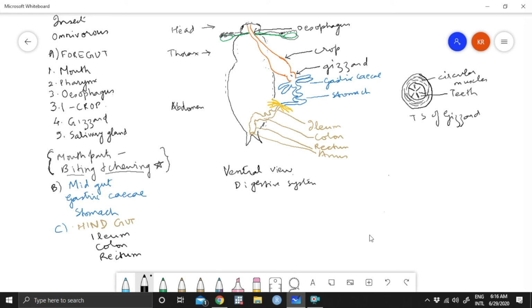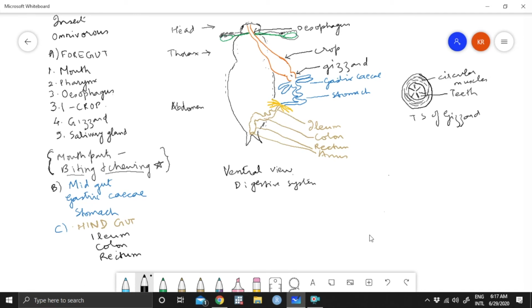How does that happen? Because inside this there are 6 teeth and there are circular muscles. It's a short organ but a very important organ. Because of the muscular action, food gets ground into paste. Sometimes the food can go from the crop to the gizzard, sometimes return back from the gizzard to the crop, and this therefore makes it into a proper paste. Now the food then goes into the midgut.